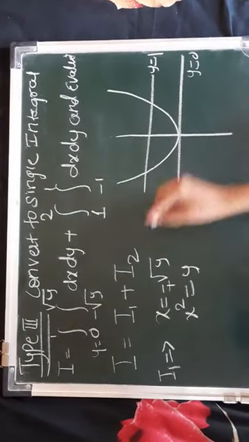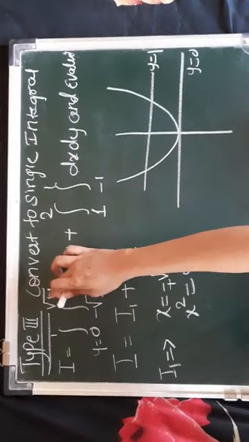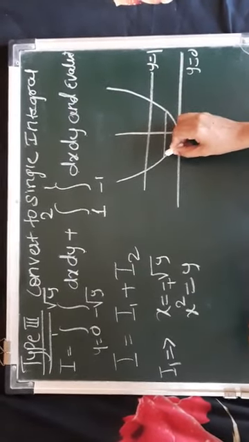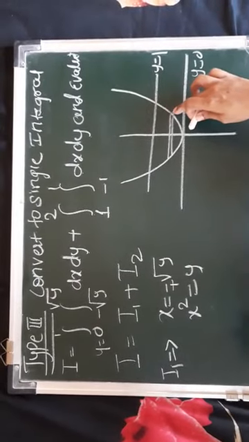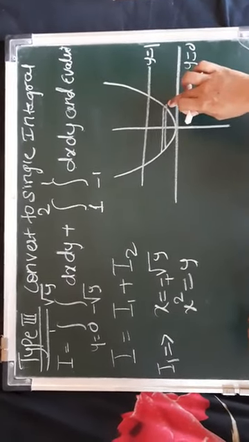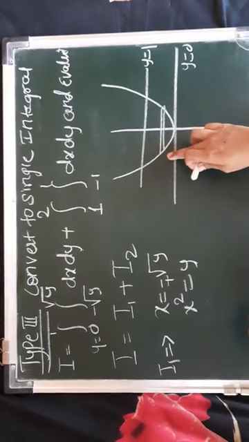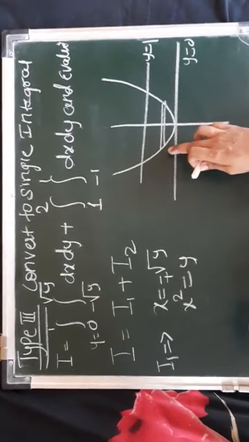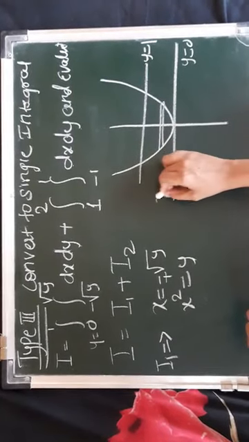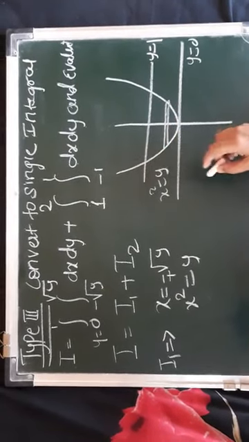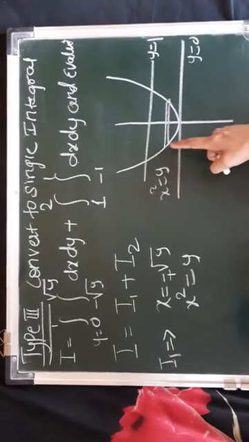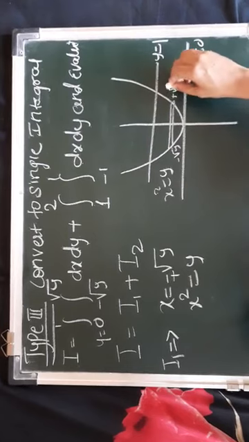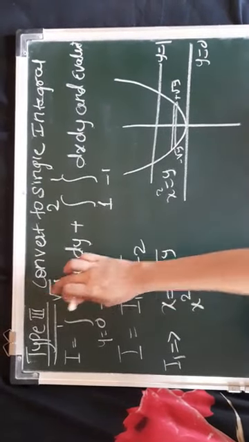So what is given in the limit, just see now. Limits of x are given first. That means they are considering a horizontal strip. Check whatever you have considered is correct or not. If I consider a horizontal strip, then the lower limit, that is the left hand side of the horizontal strip, is lying towards the negative x. So what is x square? X square is y. So x will be plus or minus root y. This side it will be minus root y, and here it will be plus root y. So therefore the limits are minus root y to plus root y.